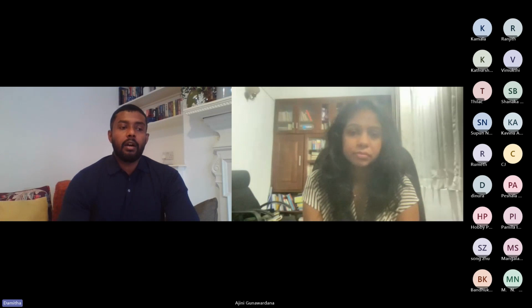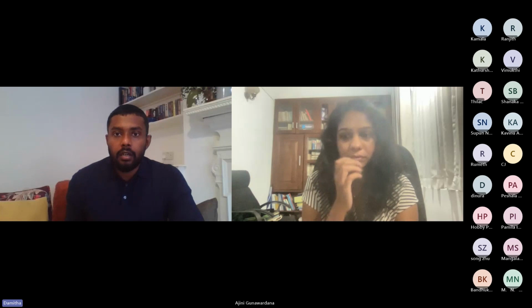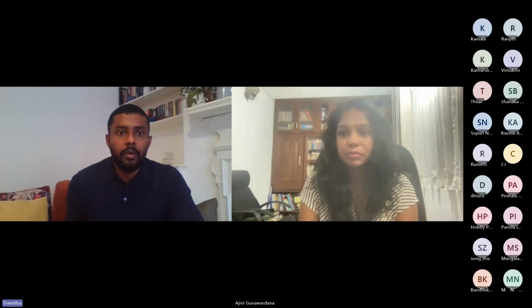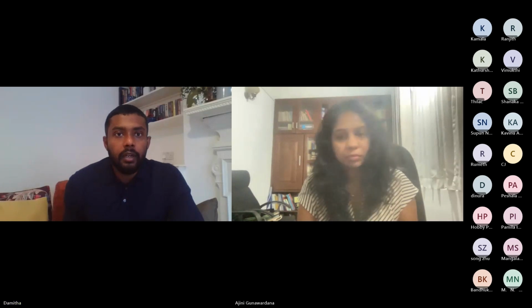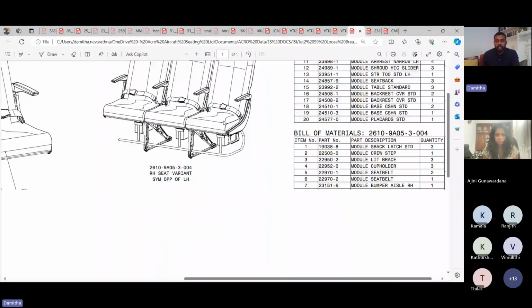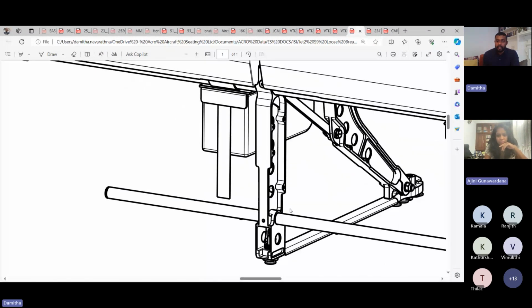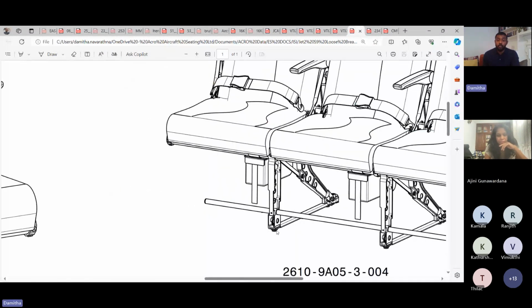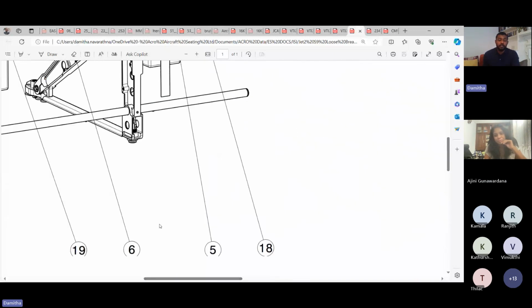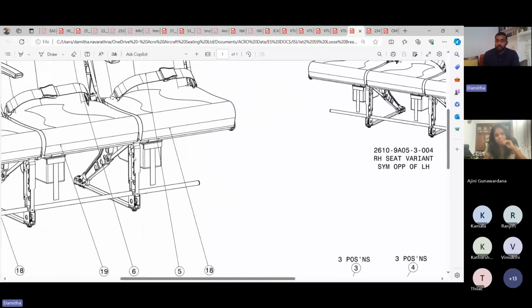If I share my screen again, this would be a good one to show. Talking about lightness, you can see all these legs are made from aluminium. Can you see these holes in here? These are lightening holes. The whole purpose of this is that we have taken off material from areas where the load path doesn't need support. So this is an I-beam.